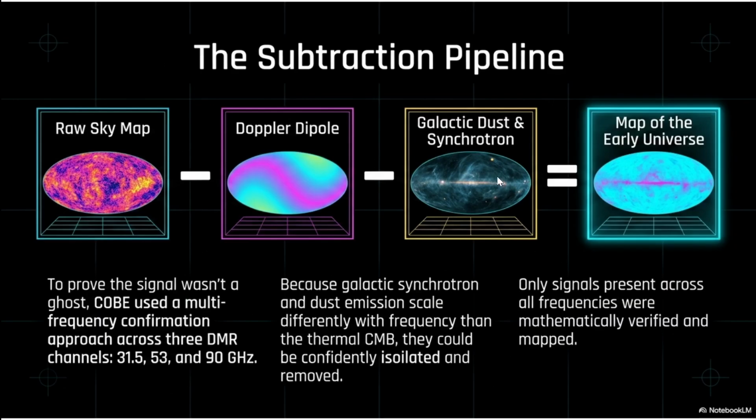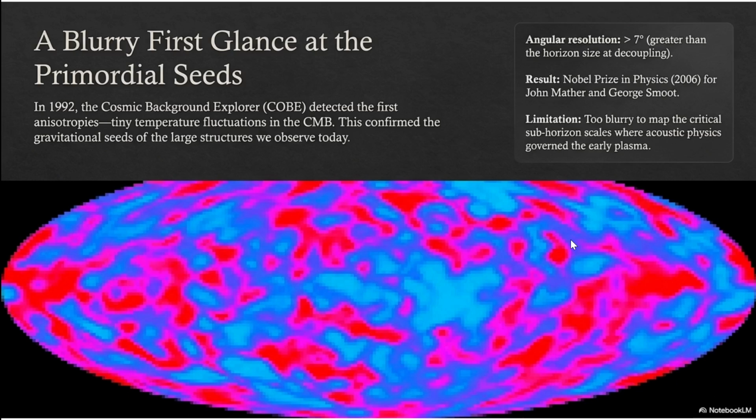Galactic dust, unfortunately, is also right at this microwave emitting frequency where we have to remove the dust as well as the so-called synchrotron emission. This is due to ionized electrons for the most part. And so we have to remove these signals in order to see the early universe. The good news is that the galactic dust and synchrotron can be isolated to a certain frequency range, and the Doppler dipole also varies differently for the different frequencies. So we can be really confident now.